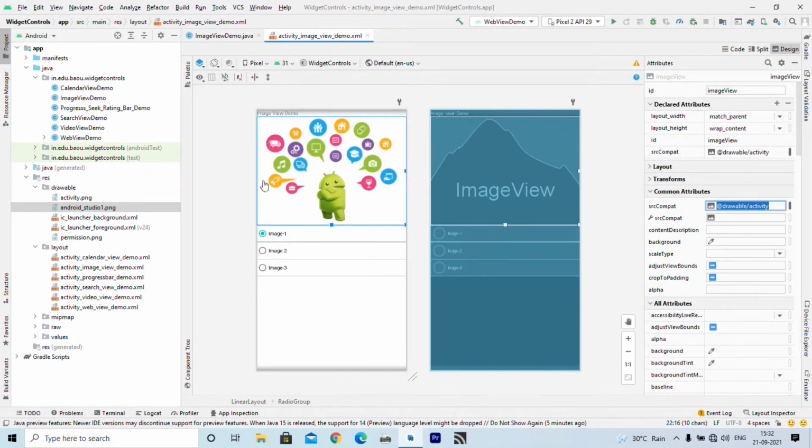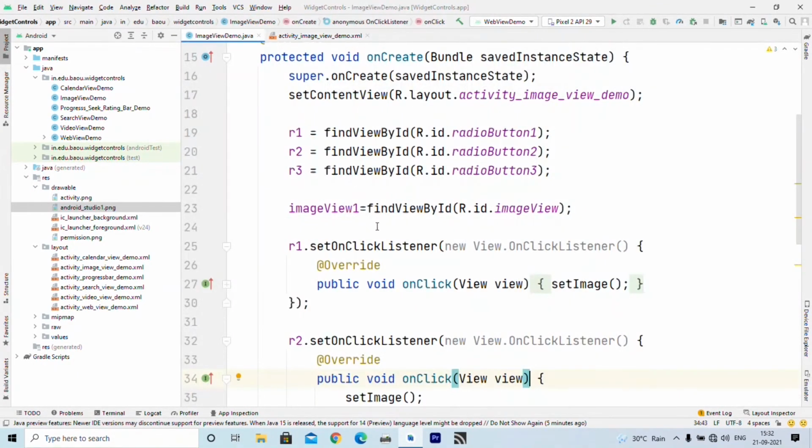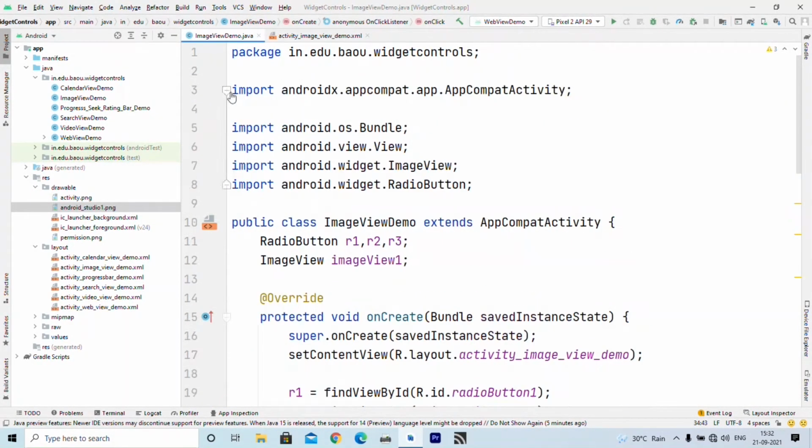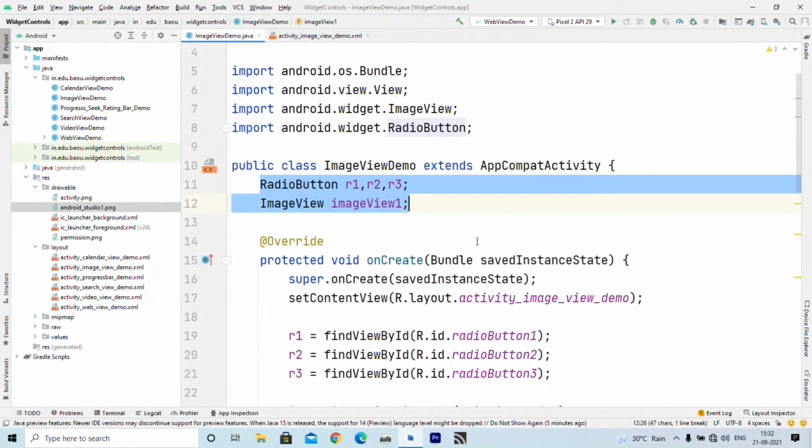Now let us go to the Java file. Here you can see my Java file. I have 3 radio buttons, R1, R2 and R3, which refer to radio button 1, radio button 2 and radio button 3, and one image view which refers to that image view.